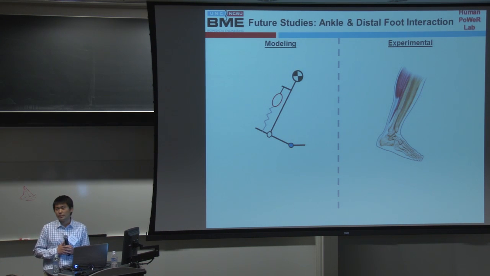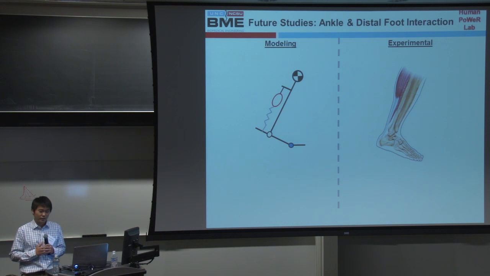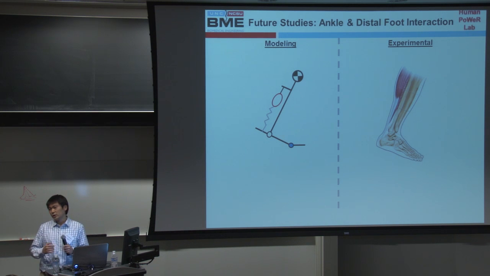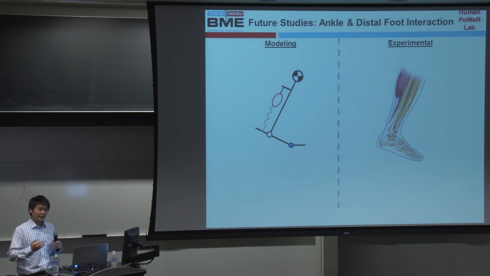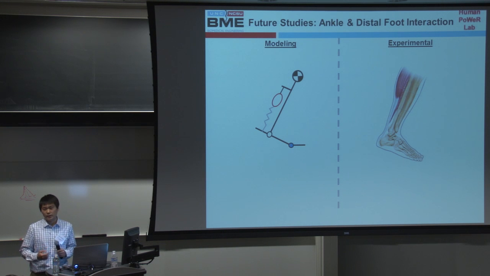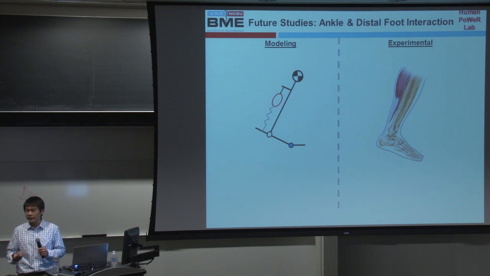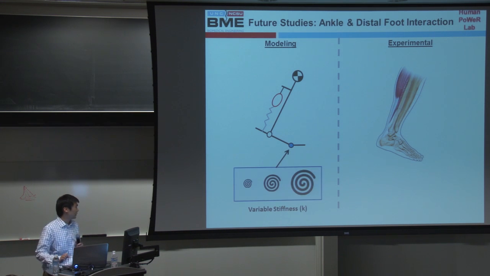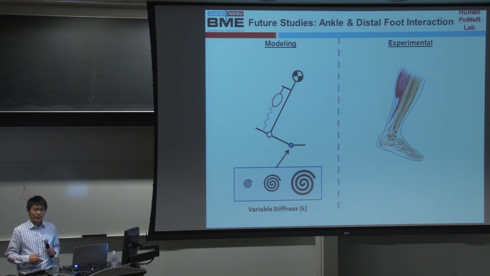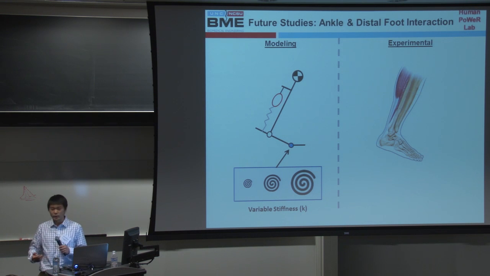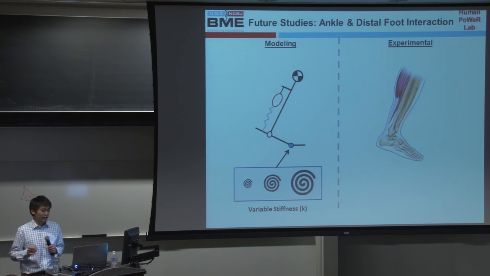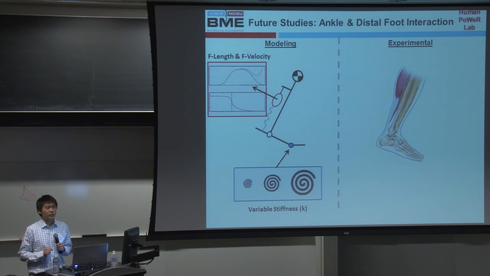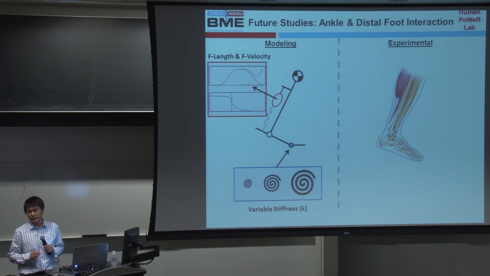So we'll use a combined modeling and experimental approach. For the modeling approach, we'll start with something very simple, something that has a single muscle tendon unit, something that acts like a soleus in an Achilles tendon. And this soleus will have a variable stiffness, K, and for every stance phase simulation, we could systematically adjust the stiffness value, K,